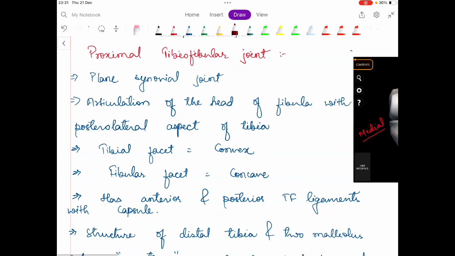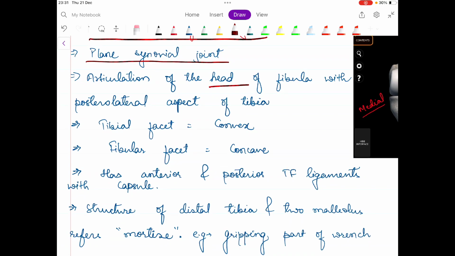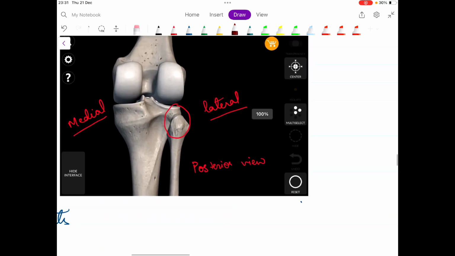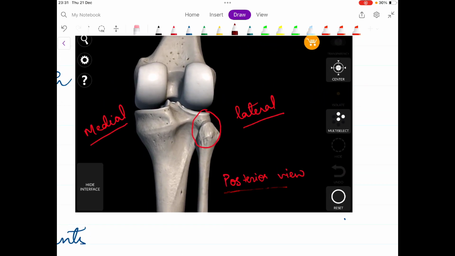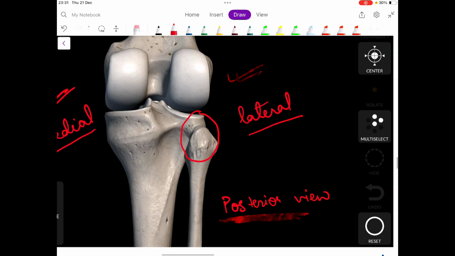Now the next topic is your proximal tibiofibular joint, okay. So it is a plane synovial joint. It is the articulation between the head of the fibula with the posterolateral aspect of the tibia. Just look at this diagram very closely. This diagram is your posterior view of the proximal tibiofibular joint. This side is your lateral side and this side is your medial side, okay. So if you look closely here, you can see that in the posterolateral side, there is articulation between